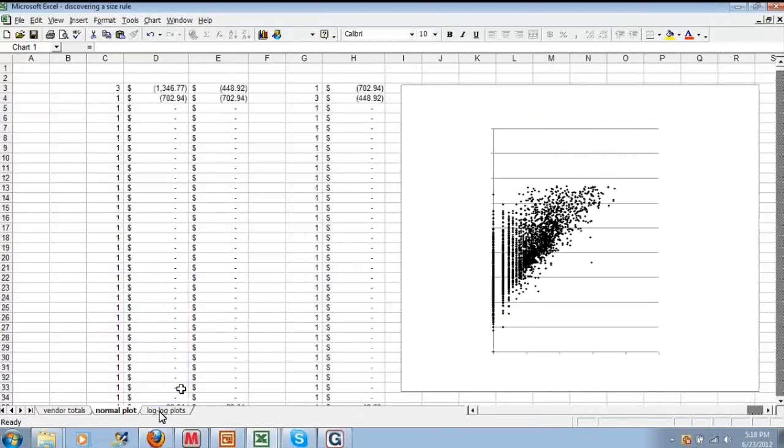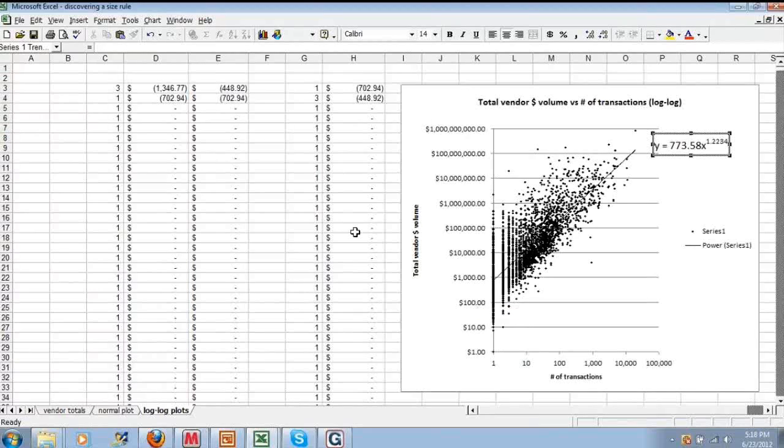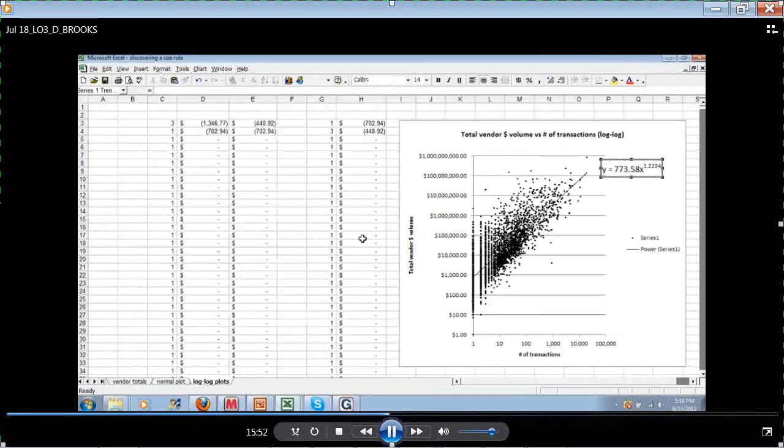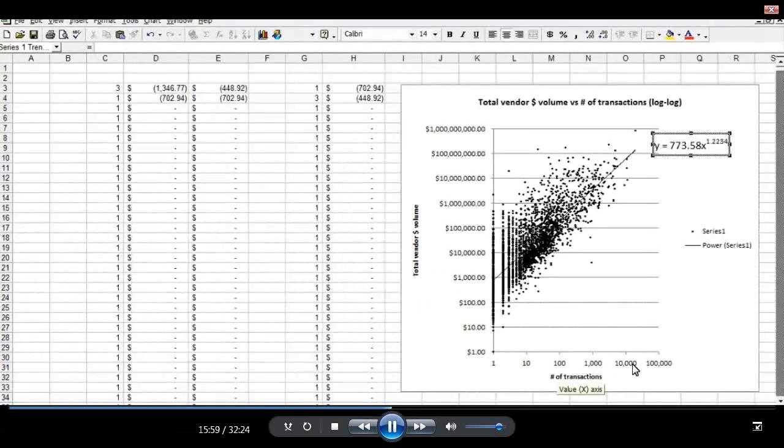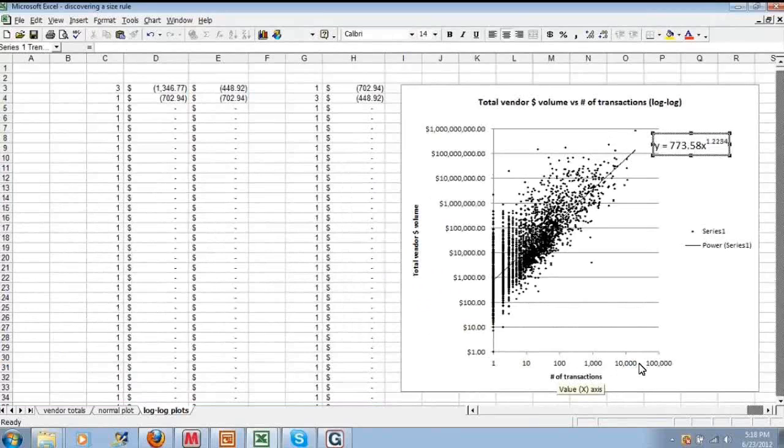You don't have to get all bent around the axle about it if you just think of it as a multiplier. So in this new layout, we go from one transaction, which is the left-hand value, and it's the lowest you could get, to 10 transactions, to 100, to 1,000, to 10,000. And of course, we saw, when we looked at the data, there are some with over 10,000 transactions, quite a number of them.